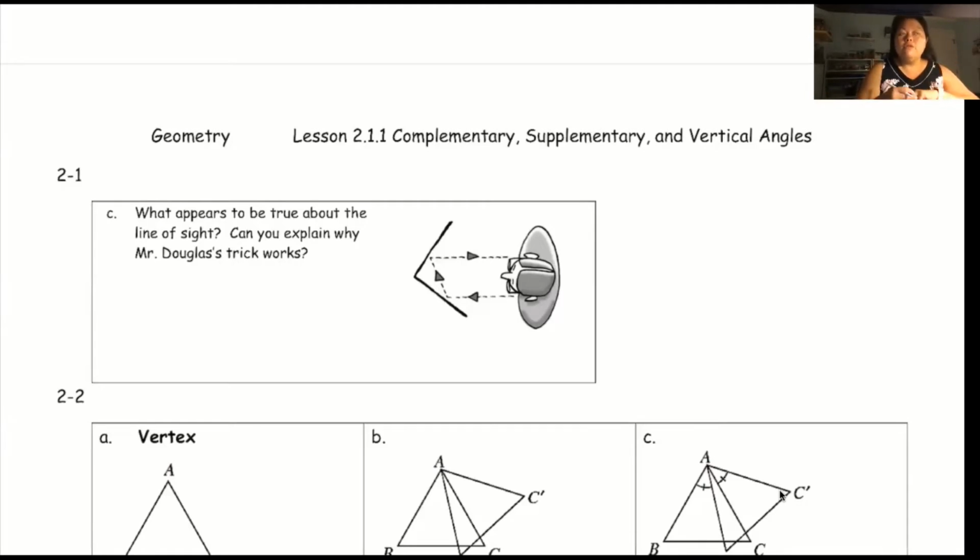So we're going to walk through each one of these and help you see what is called supplementary, what is called complementary, and what are vertical angles. Okay, so in 2-1, if you want to read more about it in your ebook, there's a little bit of story behind it, but it is saying that Mr. Douglas says that if he made the hinge mirror, remember the mirror we used on the very first day of school, the hinge mirror, the one that got put together with a piece of duct tape with the two mirrors on the side like this, he says that if he opens his hinge mirror to a 90-degree angle, then right here, this is his hinge mirror,